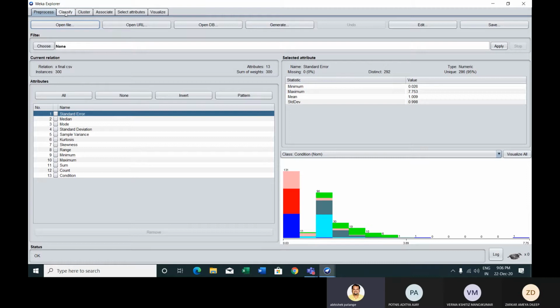So in today's session, we will try to learn another test mode, which is the training set test mode, and then a percentage split.